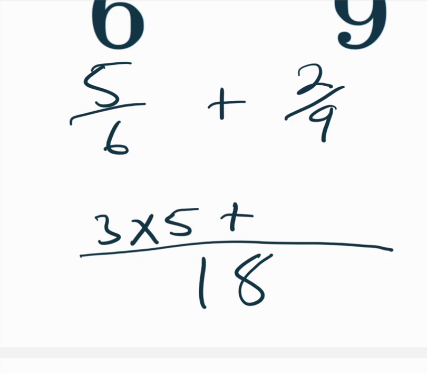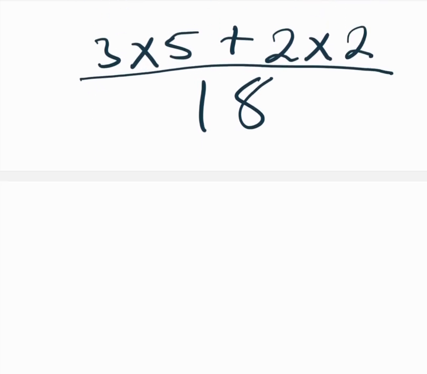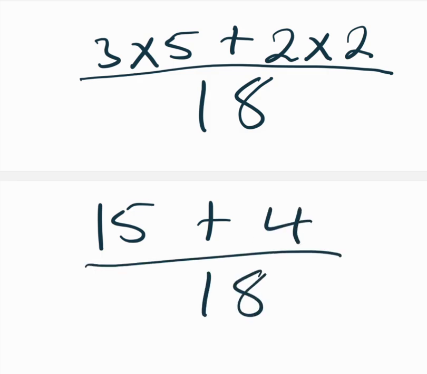So I'm going to say when 9 goes into 18, what am I going to be having? It's going to be 2, right? 18 divided by 9 is going to be what? 2. So put a 2 right there, times the existing numerator, which is 2. Let's proceed. At this junction, we're going to say 3 times 5 is going to give us what? 15. Right? So plus, 2 times 2 is going to give us 4 over the 18, which is the